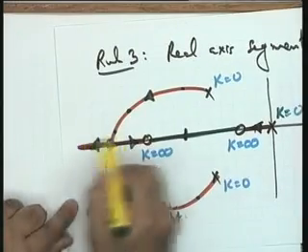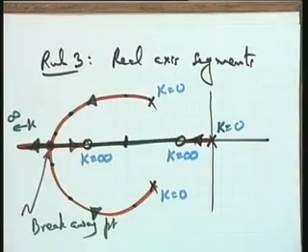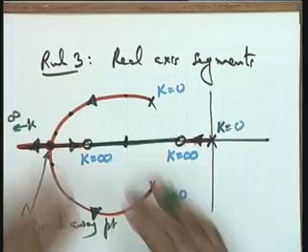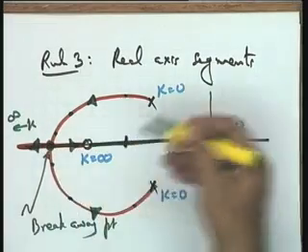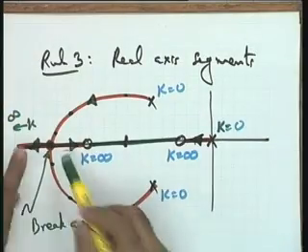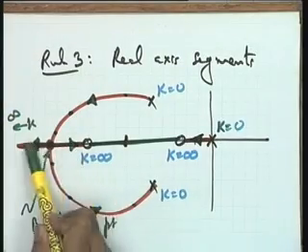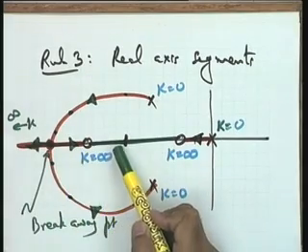The one which goes this way has a terminal point at infinity, and hence the statement that there will be two terminal points given by zeros and one terminal point in this particular case given by infinity, and this becomes the root locus sketch. This is the breakaway point at which the two branches which were coming meet and break away. And breakaway means that after this particular point, as you know, the two roots become real and the system becomes overdamped.